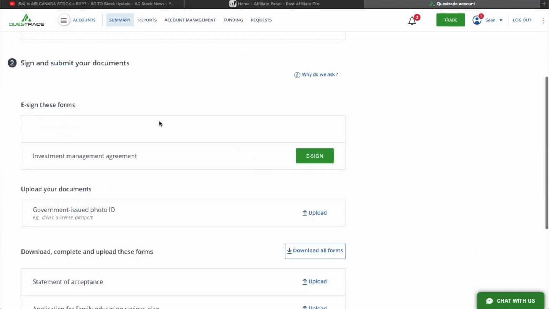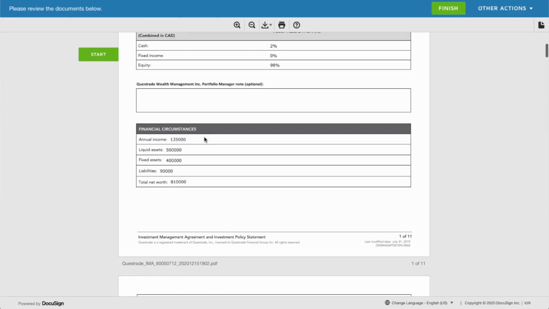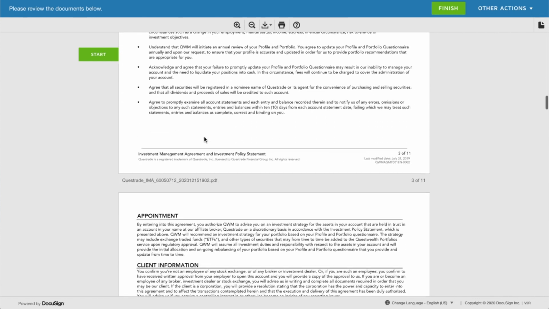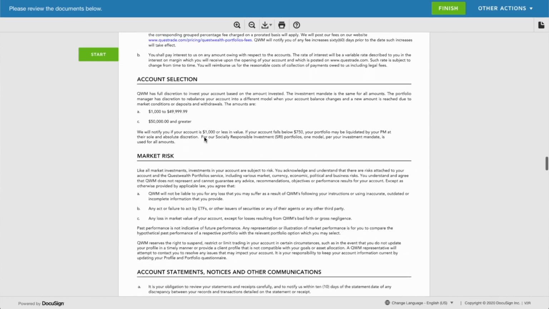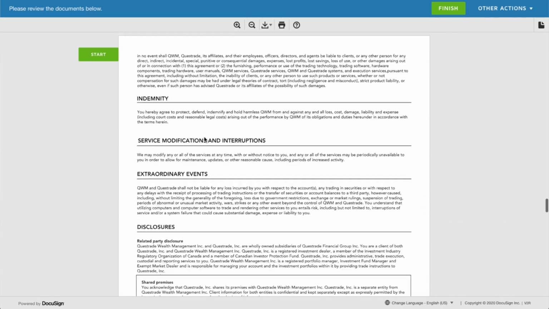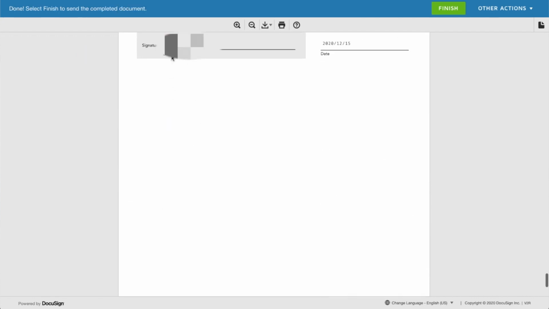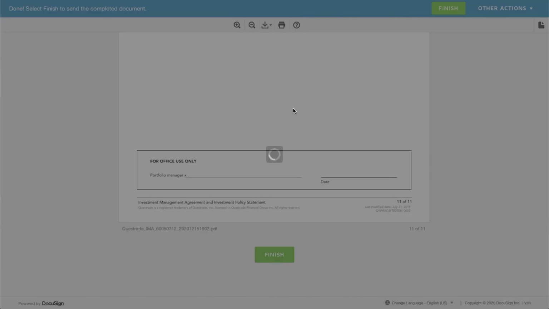And now there are some forms to e-sign, so we'll click the e-sign button in step 2. For this part, you get a DocuSign which comes up, and these are more of some of the same kinds of agreements. You're going to go through, obviously read this. It's a lot of the same: do you understand what you're doing? You're okay with us managing your money on your behalf, etc. That kind of thing. You go through, put your signature electronically, click the finish button, and that one is fairly